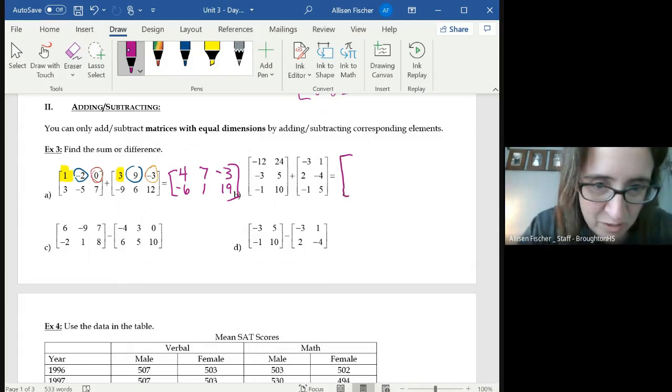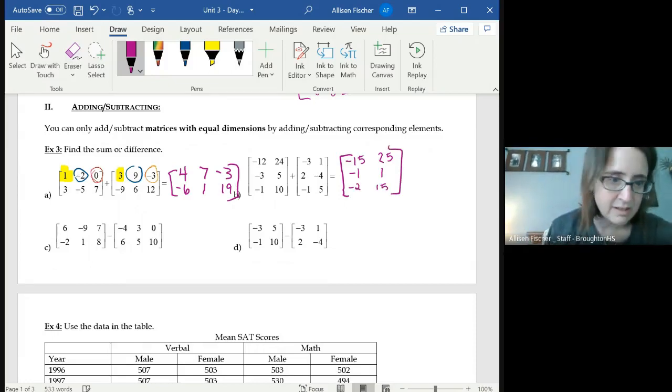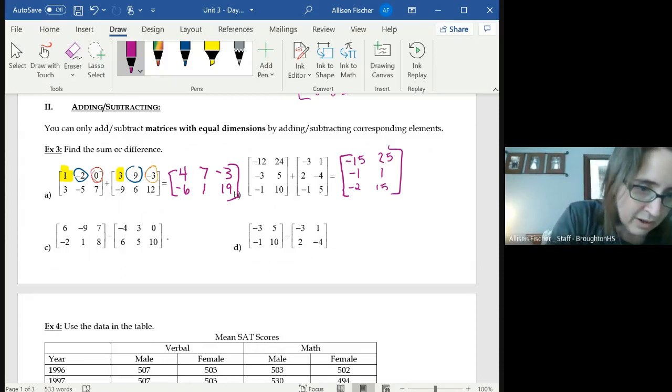All right, let's check your answers. All right, negative 12 plus negative 3. 24 plus 1. Negative 3 plus 2. 5 plus negative 4. Negative 1 plus negative 1. 10 plus 5. So that's the second one. The third one,